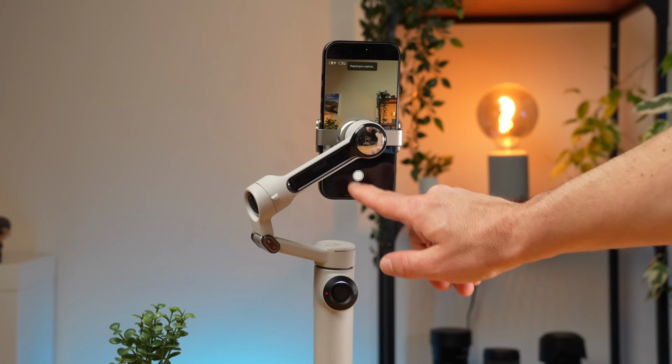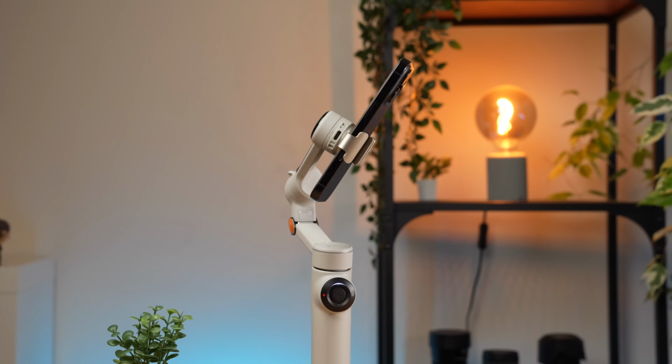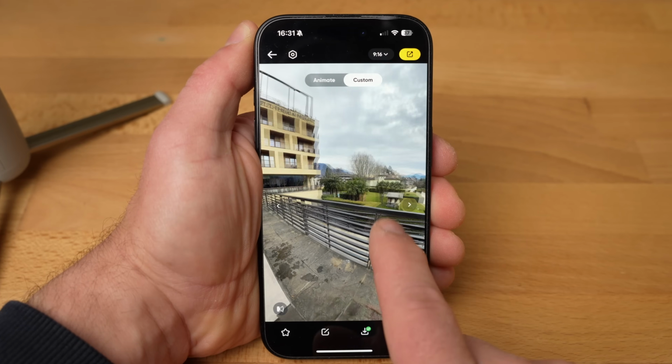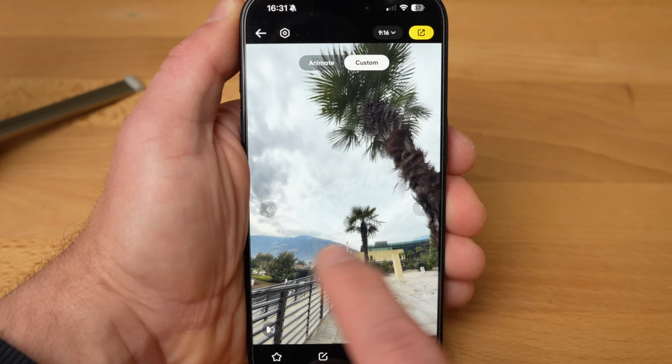The gimbal must be placed on the tripod. Now simply start your recording and the app will take a 360 photo. To do this, the gimbal will move completely in a circle. There are also a few presets for editing the photo. It looks really cool. Well, I think you now know pretty much everything you need to know about the Insta360